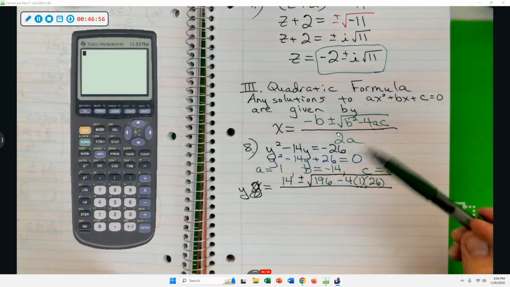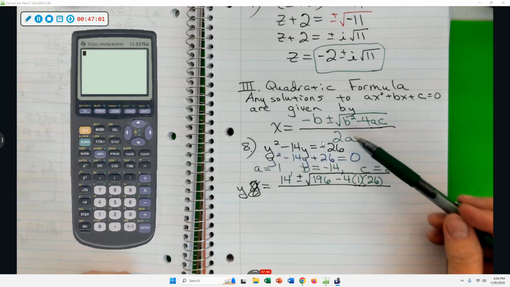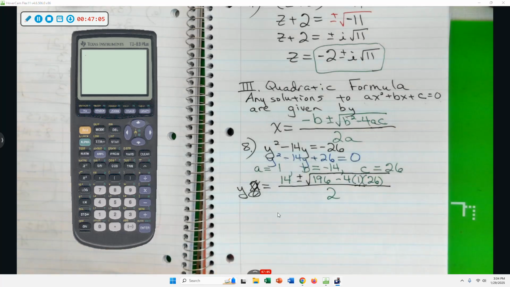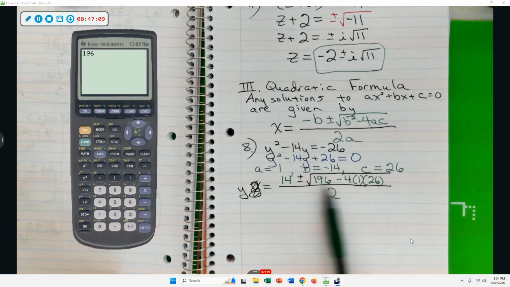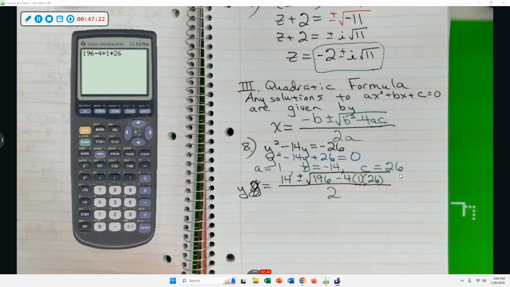All over 2 times A. What was A? 1. 2 times 1 is 2. Simplifying that discriminant, 25 times 4 is 100, and so 104, so that's 196 minus 104. So you're simplifying under the square root. That's what I've punched in there. And that's going to give us